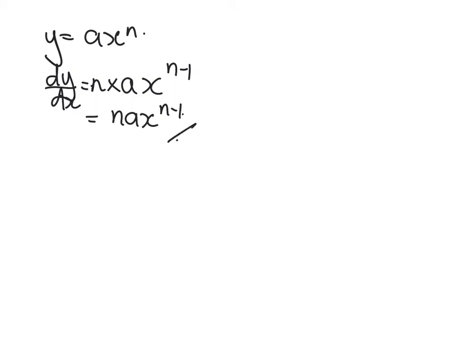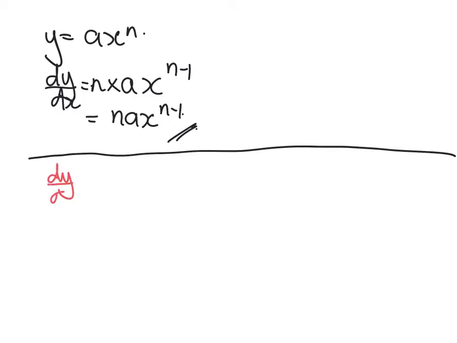So this is the differentiation, whereas integration is basically the opposite of differentiation. It's also known as antiderivative, exact opposite. So let's look at that. I'm going to use the same example. Let's say we have dy over dx equal to nax^(n-1). So when I integrate this,